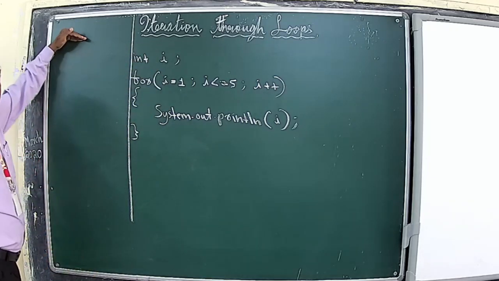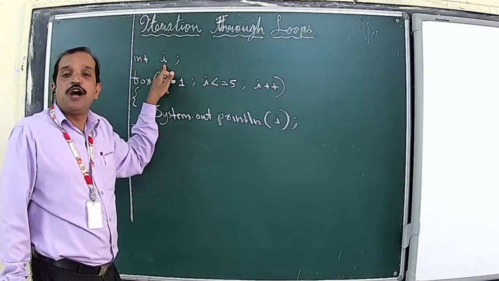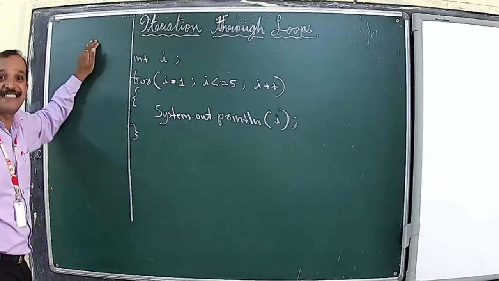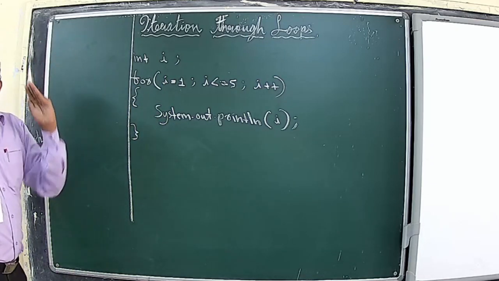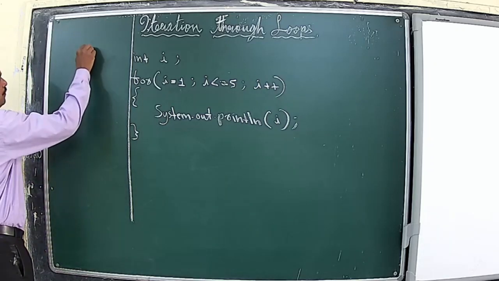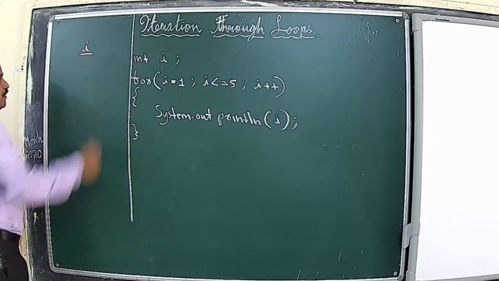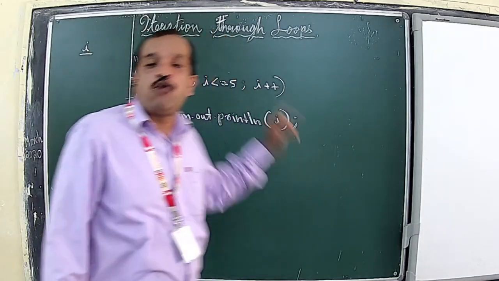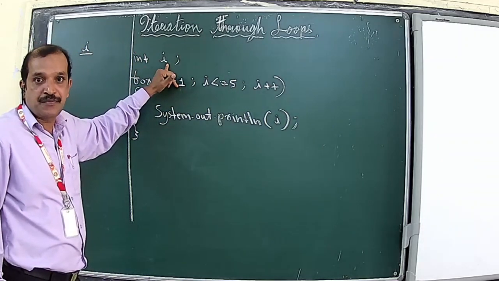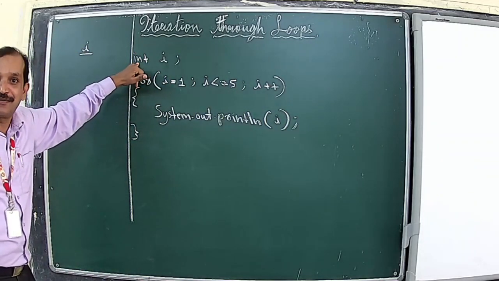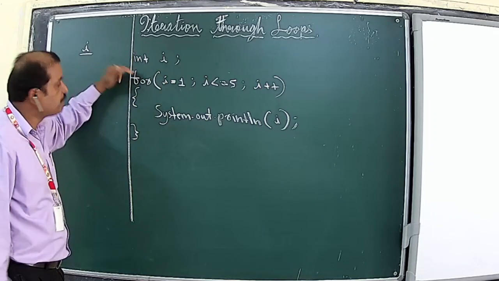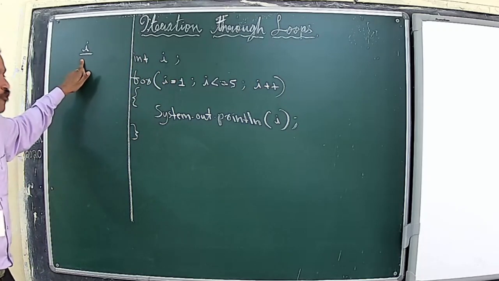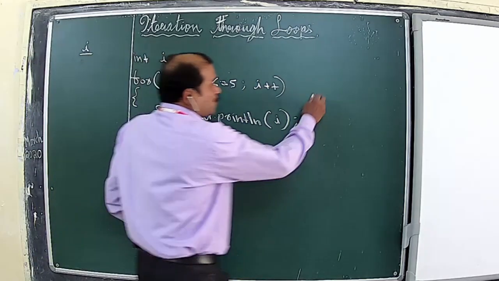This is actually what happens inside the computer memory, of course in the random access memory, when you declare a variable, as you have already learned. A memory space will be allocated for that particular variable. Since it is an integer variable, a 4-byte memory space will be allocated for this variable i. The first statement is over. Let us proceed one by one, step by step. The variable is declared, and the memory is also allocated.